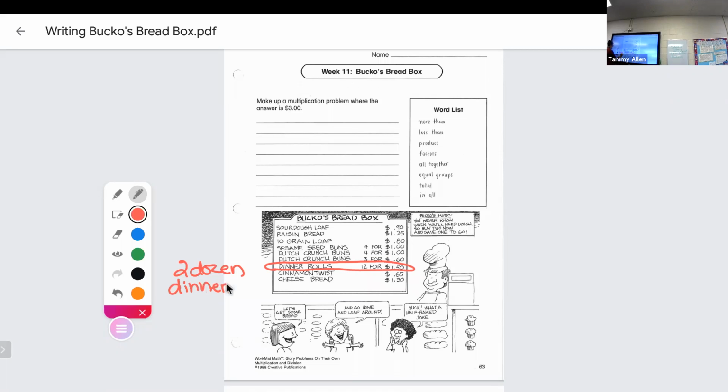We're going to need to work that into our story problem. All right. What's our equation going to be? What's our equation going to be? 2 times 12 is 3? No. $1.50 times 2 equals